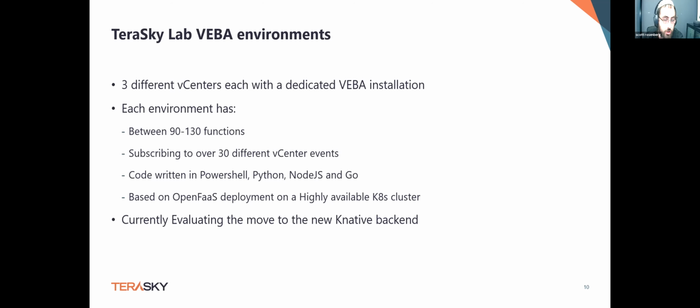We have automatic shutdowns over the weekends of specific VMs based off of tags, every night based off of tags, and powering on accordingly as well. So really good systems, especially in our lab and development environments, where we can shut down VMs at night that don't have a specific tag on them. And then we make sure that we aren't exhausting our resources over time. So that's just a general quick demo and explanation of how we're using VEBA.